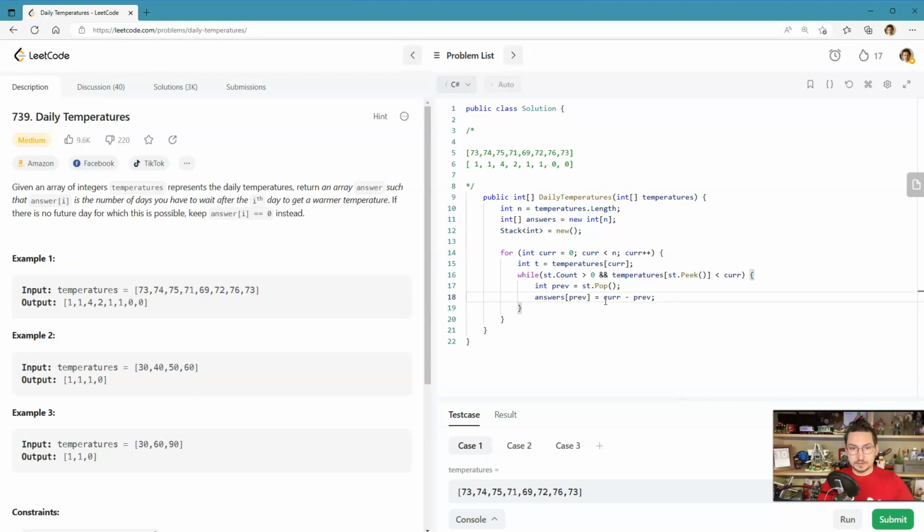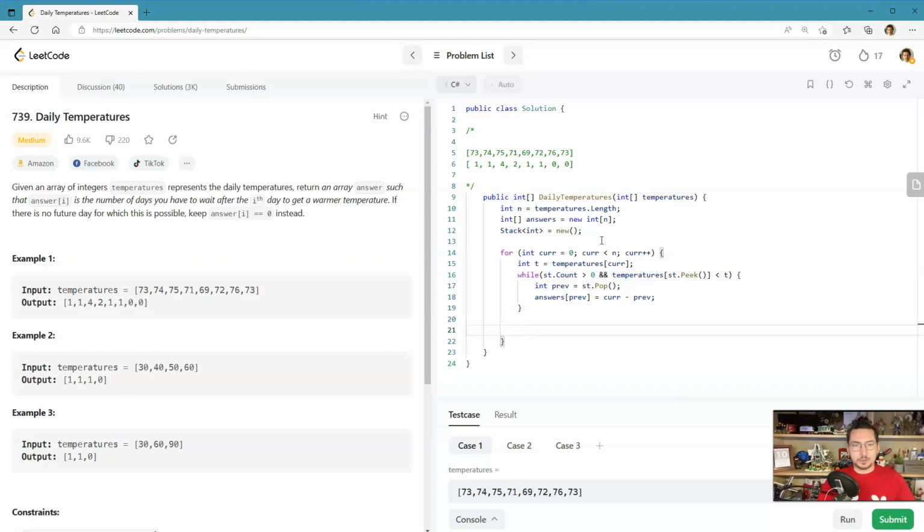Okay, so it's the difference between 2 days, and we can do this since the current temperature is more than the temperature for that day from the stack. So we took this value from the stack,